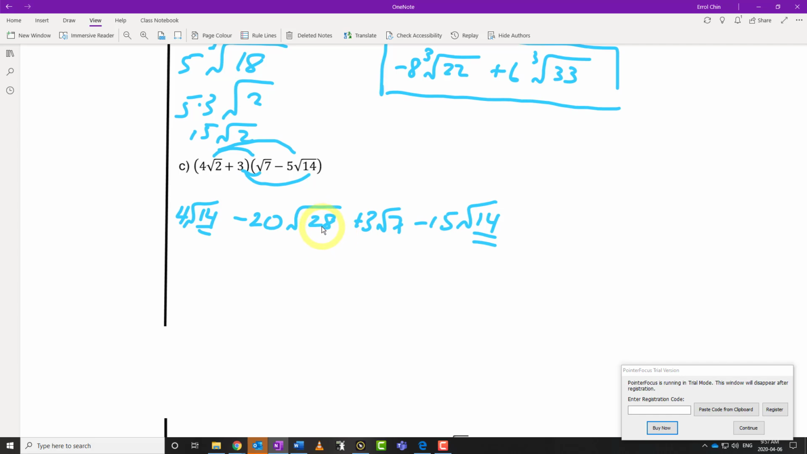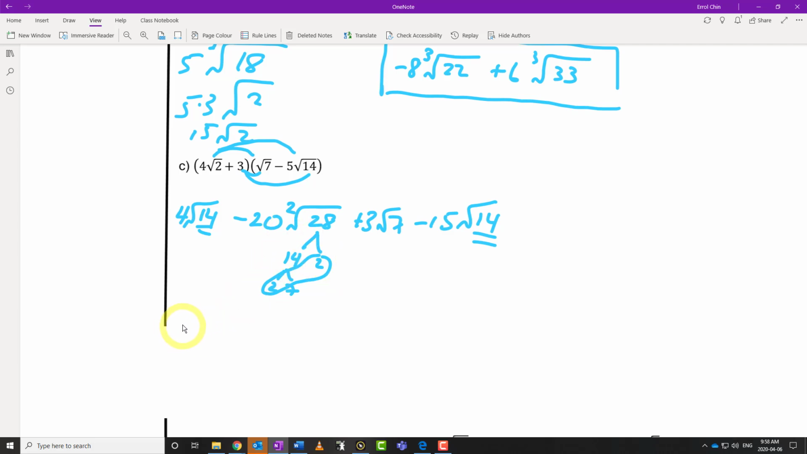I believe the square root of 28 is 2 times 7 times 2. So it's 2 times 2 times 7. Is it? Let's take a look. 14 times 2, that's 28. And then that's 2 times 7, and we have a pair of 2's, so we can group the 2's out because my index is a 2, right? So we can group a pair of 2's out, and what are we left with? Well, we have 4 root 14 minus, if we group these 2's out, this becomes negative 40 root 7